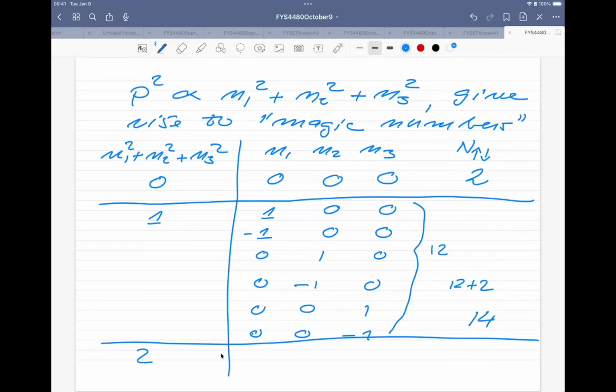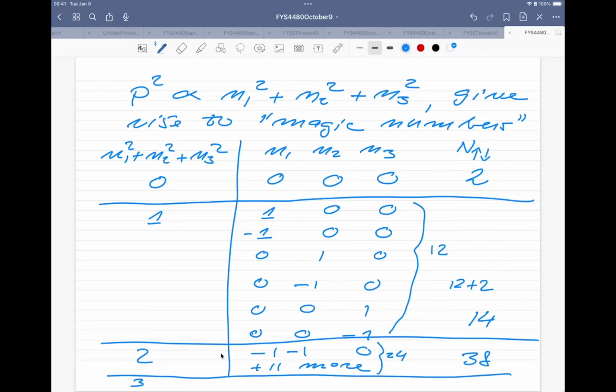So we can put 2 here. And if I have 2, then an option would be -1, -1, and 0. And here, if you do the combinatorics, there are 11 more. So I'm just going to write it like that. I'm not going to set up all these possibilities because this is not very exciting. It's actually you filling in all the boxes with either 1s or -1s so that at the end you get 2, right? So that means that the next magic number, since I have 11 more, means that here I can actually take 24. So my next magic number would then be 38. And then you can continue this game.